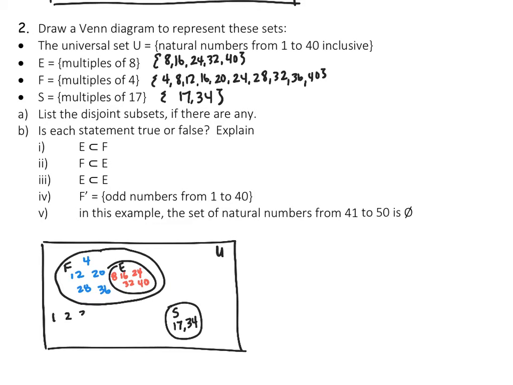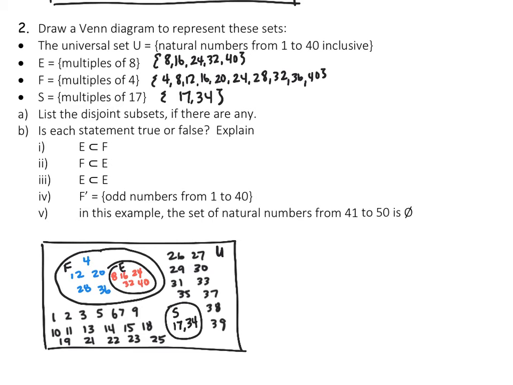1, 2, 3, not 4, 5, 6, 7, not 8, 9, 10, 11, not 12, 13, 14, 15, not 16, not 17 because it's an S, 18, 19, not 20, 21, 22, 23, not 24, 25, not a space, I'm going to go up here, 26, 27, not 28, 29, 30, 31, not 32, 33, not 34, 35, but not 36, 37, 38, and 39. Okay,